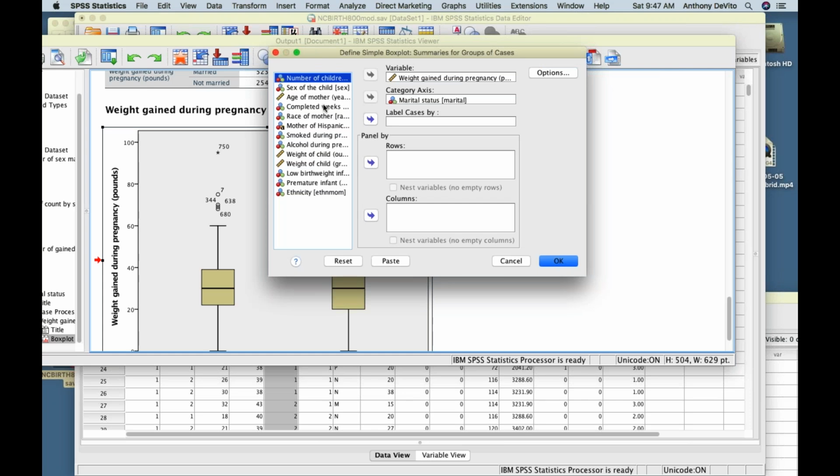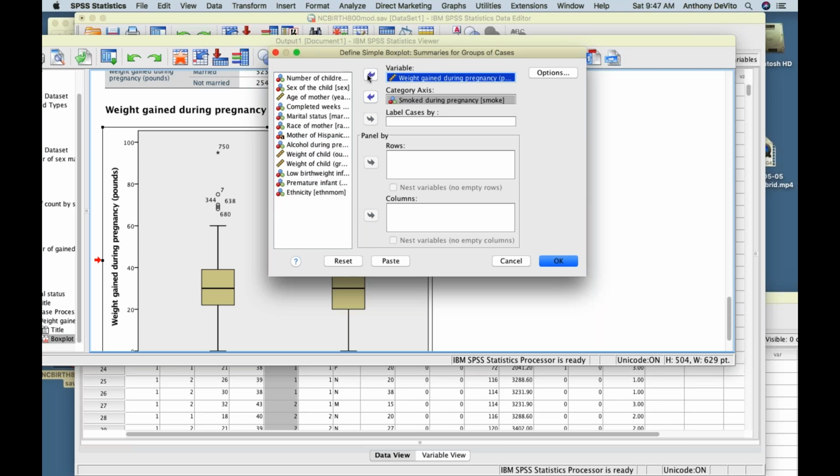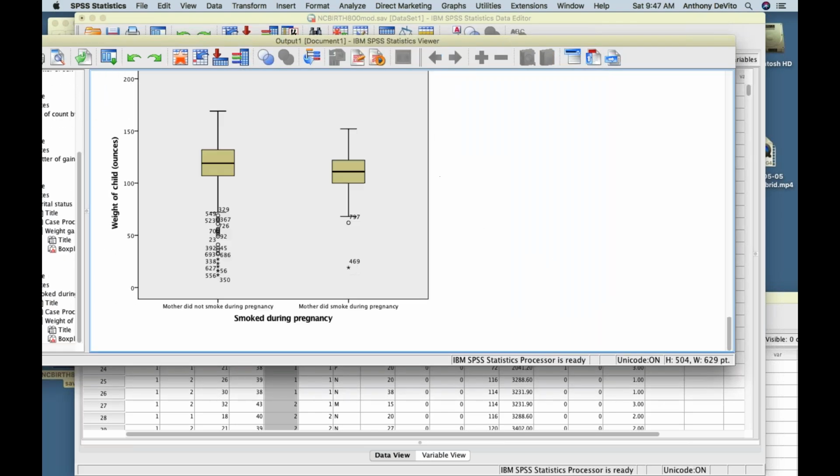Let's see, marital status. How about smoking? Oops. Let me do smoke during pregnancy versus weight of child in ounces. Let's get a look at what that looks like. See if that's a little bit more interesting. Well, actually, it's a little bit more interesting. See, we can see that